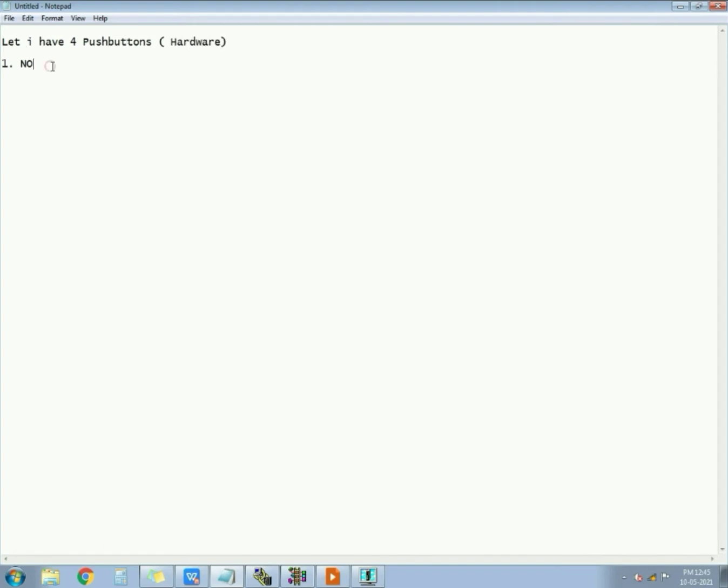So in hardware, push buttons, first is NO. And NO is connected to first input, first input in PLC. So I am giving this addressing I1:0.0/0. This is the addressing for the first input, and second I have again NO, normally open, and